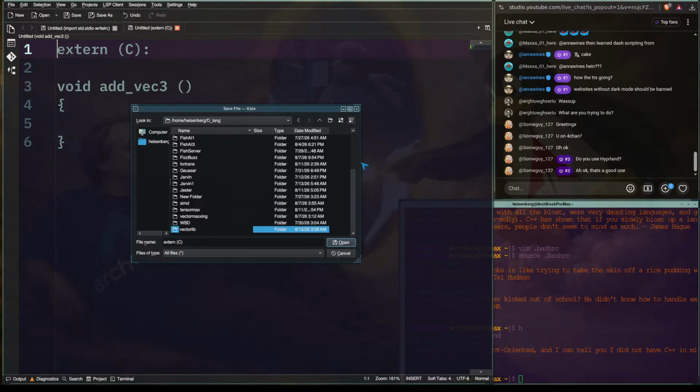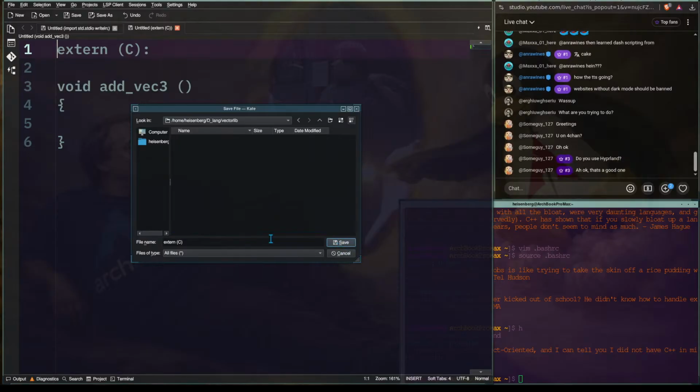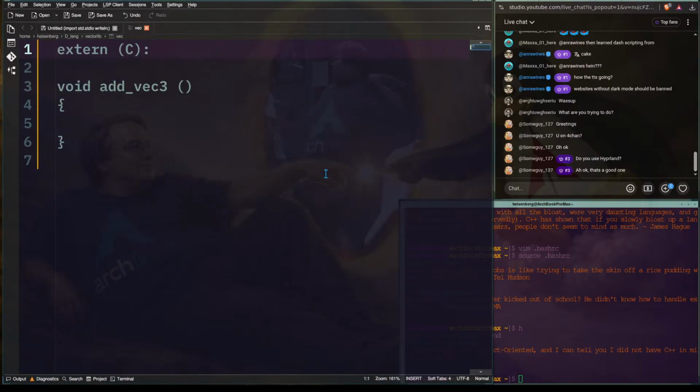Vector lib. I don't know. Extern C void add 3, vec. Alright, for now it's empty, but we'll put in our basic code. So we'll take A, B, and C. We'll take and